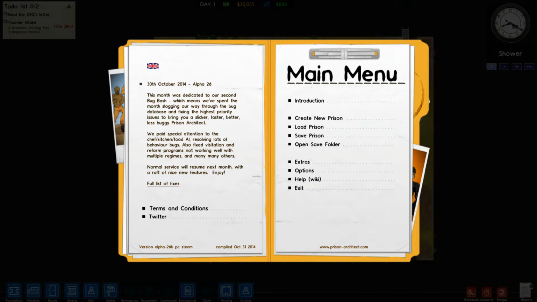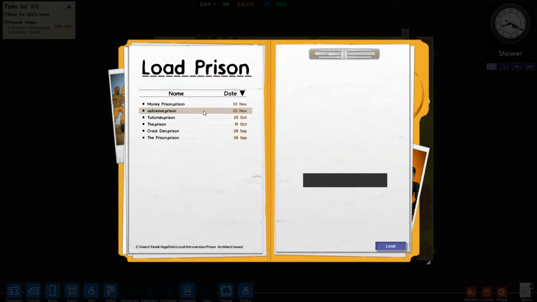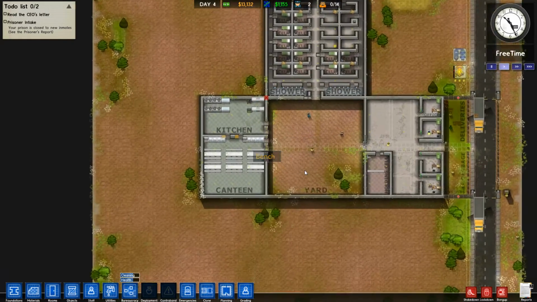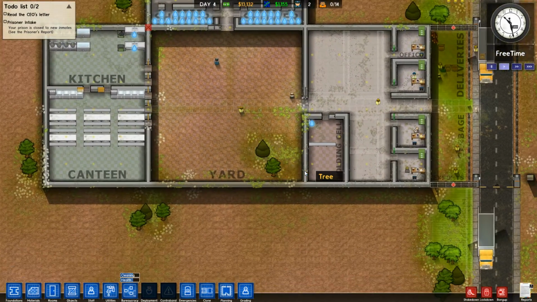Let's Play Prison Architect. I'm actually going to be continuing on my tutorial prison. If you want to see the first episode, I made a tutorial on how to start a prison and how to make it look good and all that jazz. So I'm going to be playing Crackden. I named it Crackden. So I'm going to be playing the tutorial prison right here. Tutorials prison. And apparently I was planning on making more than one tutorial, which I just never did because then